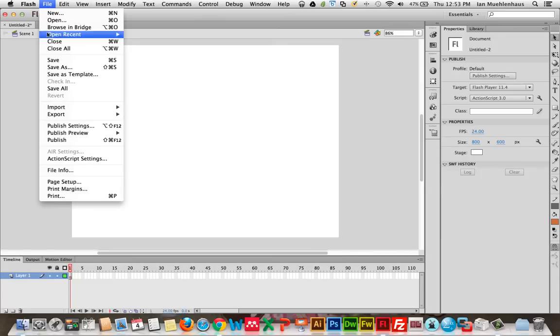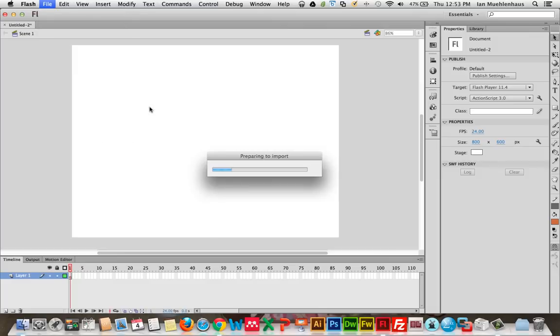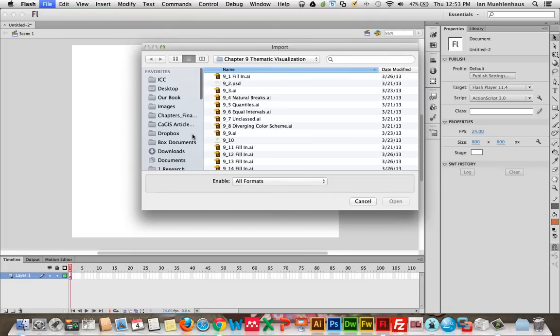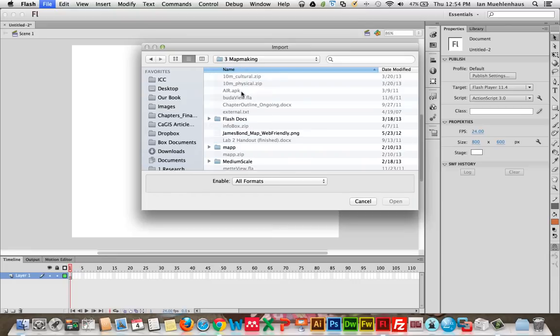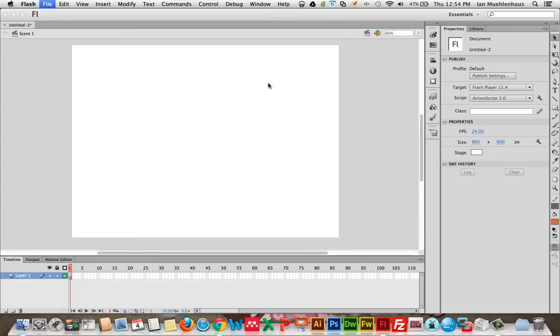Let's go to File, Import, and there are a couple ways you can import things into Flash. For novices to Flash, I always recommend, and particularly when you're importing maps, actually, no matter novice or not, importing to Stage. So let's select that. And then we need to find our AI map. Now mine is kind of lost here, but it should be map.ai, like this file here. Double click on it,